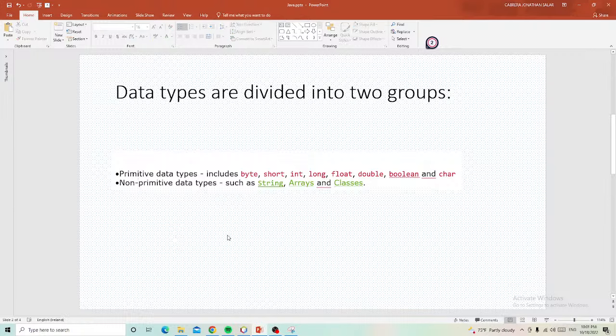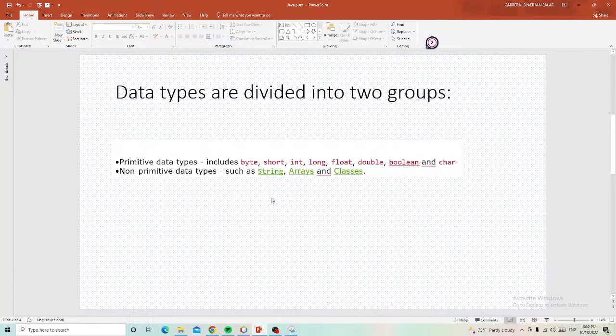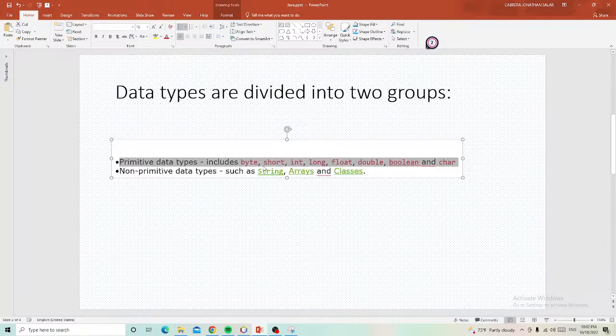Sometimes they call it a reference type because you instantiate it, you do not just declare it. If you declare a variable, it means the data type. But there is an exception for this referencing, like the string. It is widely used in creating programs, so you can declare and you can instantiate a string. But we will not tackle this part. We will be focusing on these eight primitive data types.